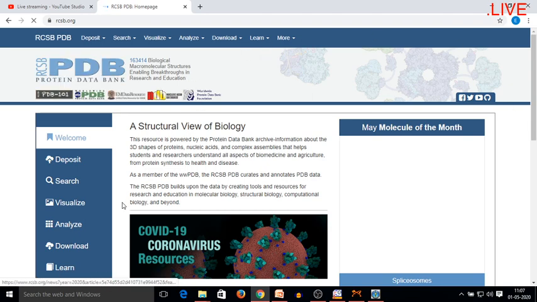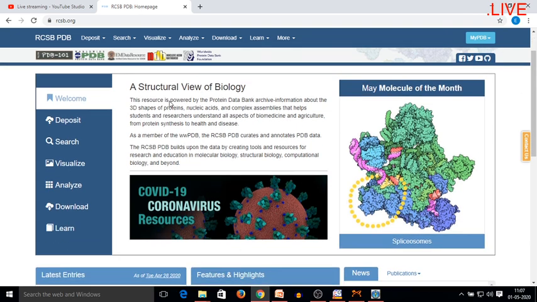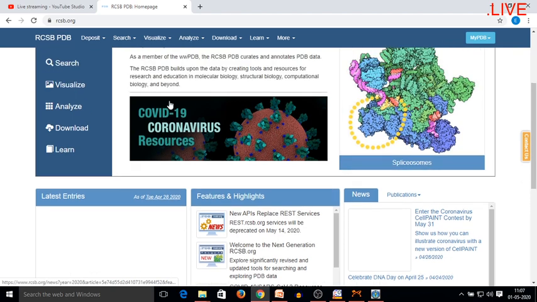This is the home page of that database. This is basically a protein data bank. So all the proteins or the enzymes or the macromolecules that are developed worldwide are present in this protein data bank, and we can search them easily.